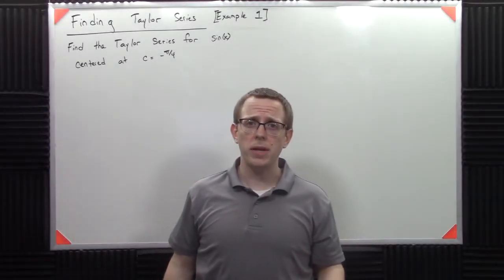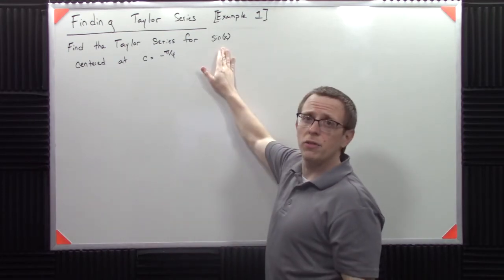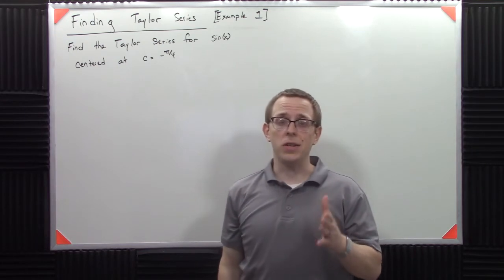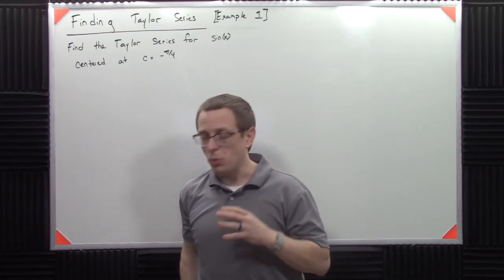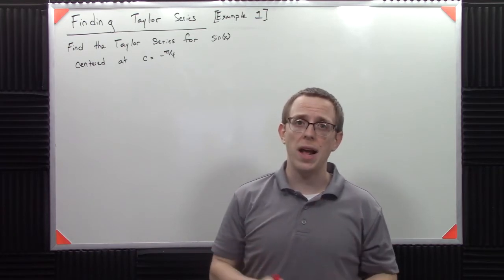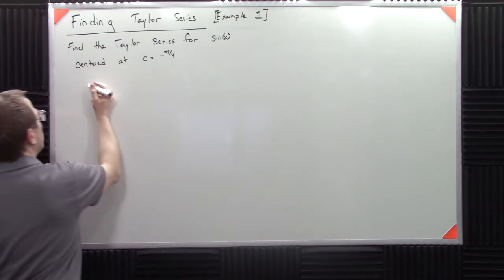Let's stop talking about Taylor series and let's find one. So I've got the sine function, and I want to find the Taylor series for sine when it's centered at -π/4. So I have to do a few things. The first thing I need to do is go ahead and just write out the definition of a Taylor series. We say that